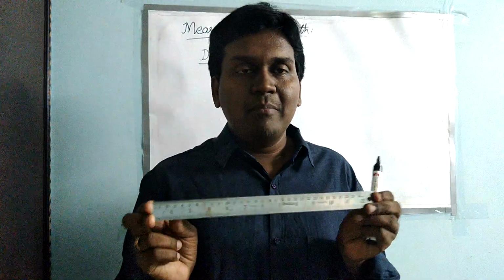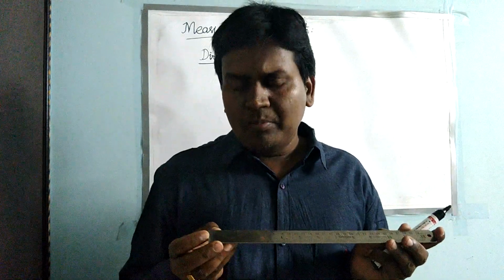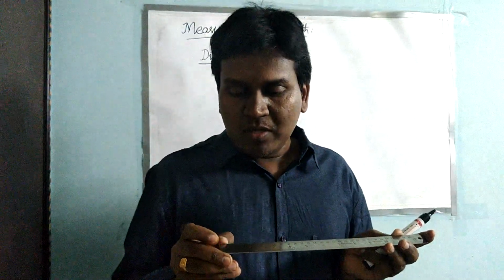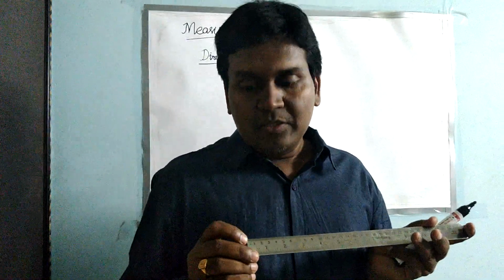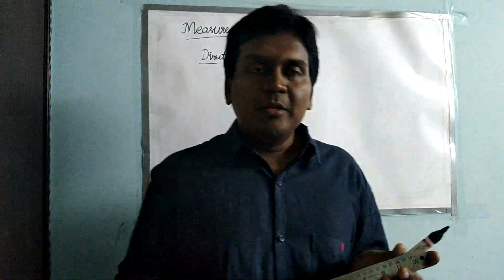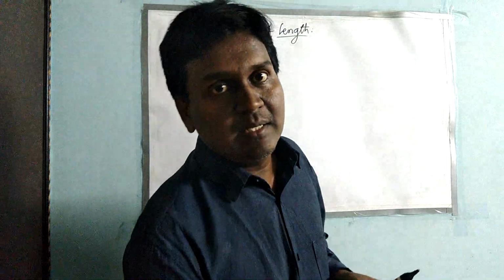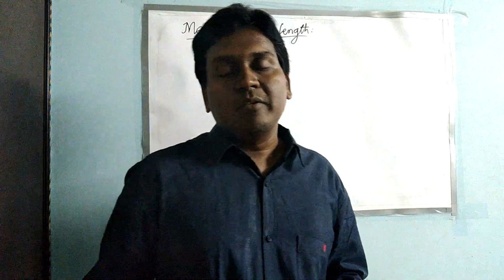So 30 centimeter is the maximum length here, and the minimum length in the scale is, if you observe the scale properly, here is 1 centimeter and in the middle we have some lines. The lines are nothing but mm, 1 mm. So 1 centimeter is equal to 10 mm. The distance between each small line is 1 mm. So by using a 30 centimeter scale the maximum value we can measure is 30 centimeters, and for a 1 meter scale the maximum length we can measure is 1 meter.